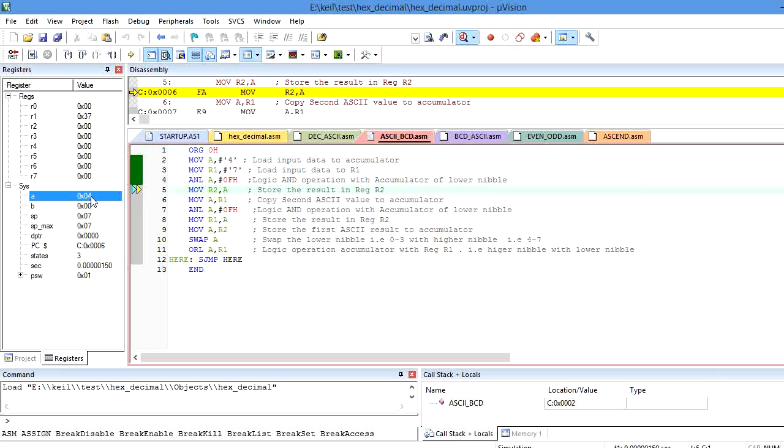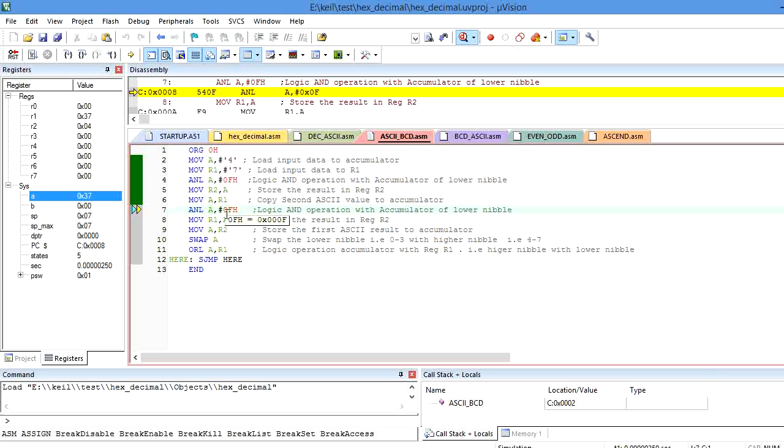Now I am going to store the lower nibble into the R2 register by executing the instruction MOV R2, A. Next I copy the ASCII value of 7, that is 37, into the accumulator. Again I need to perform a logical AND operation on the lower nibble, that is ANL A, #0F.